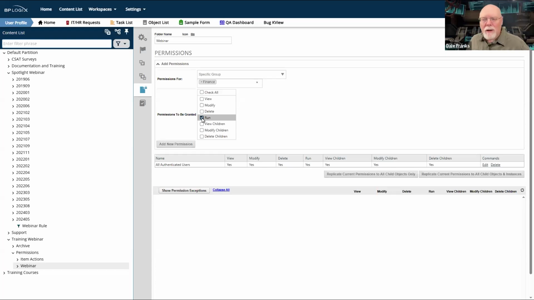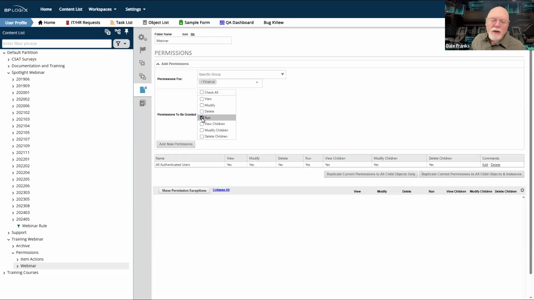The run permission, like all permissions, might not be applicable to specific objects. For example, let's say I upload an image. Giving run permission on an image doesn't actually do anything, because images don't run. They're simply files. They either exist or they don't, but they don't run and they don't invoke anything. So not all permissions are meaningful for all objects.